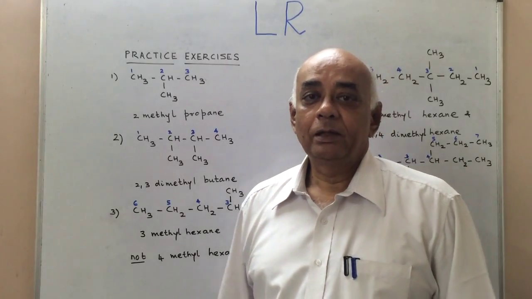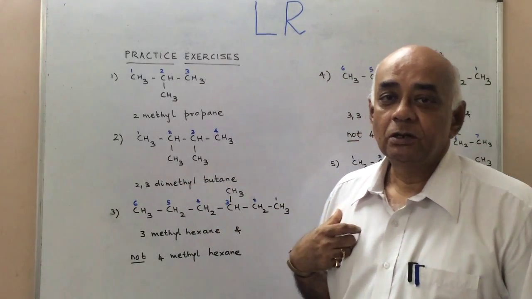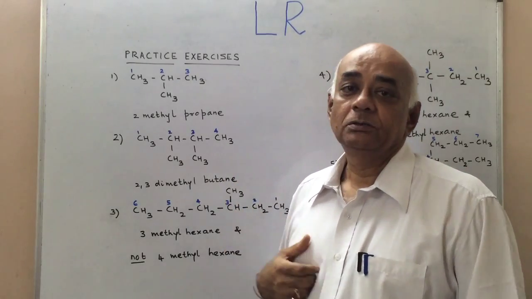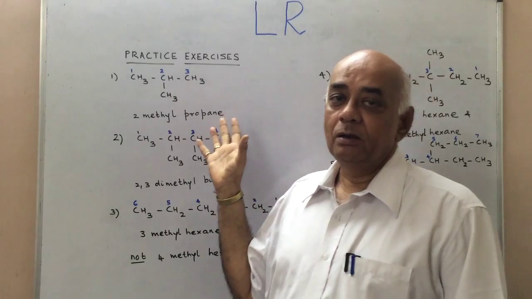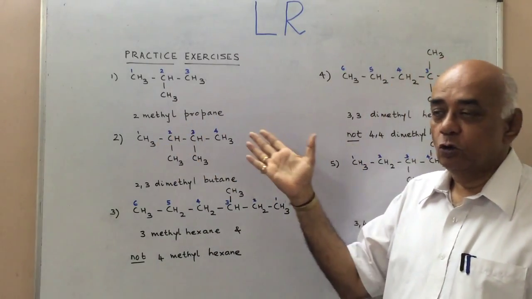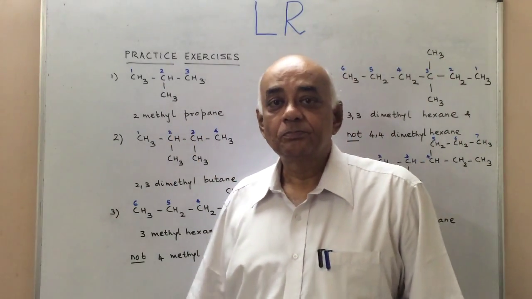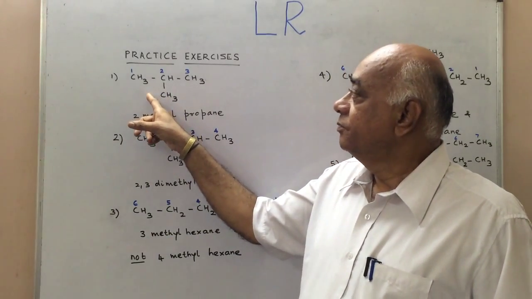Let us now apply the two rules we have just learned, that is the longest chain rule and the lowest number rule, in the naming of some simple alkane structures which have been shown on the board. The first structure,